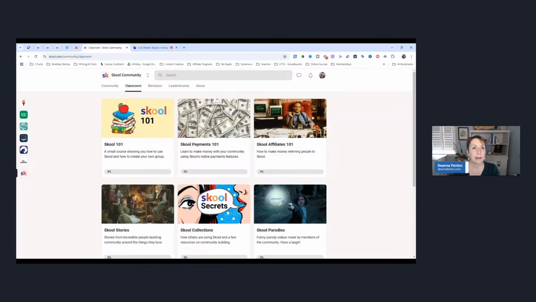Most people that I'm finding are doing well on Skool are using it as what we would call a top of funnel. Top of funnel means this may be free to start with, or it may be low ticket to start with.